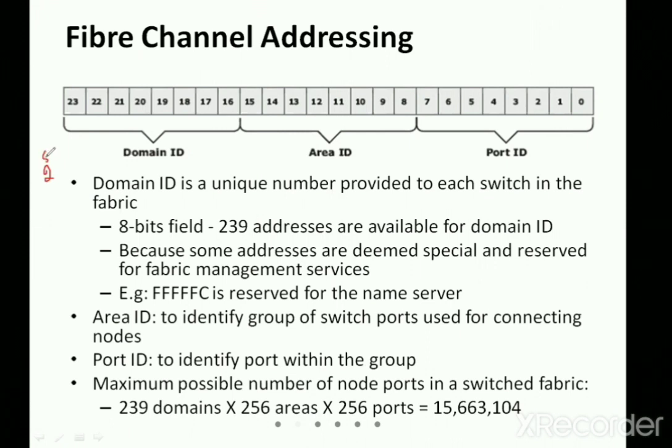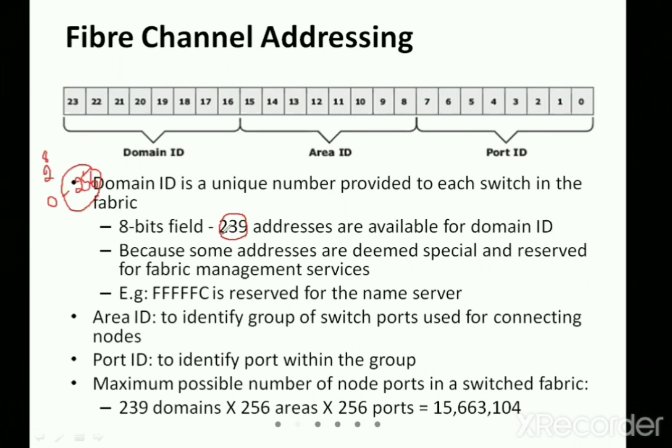That means the values will be from 0 to 256 bits. Now, when I'm having this addressing of 256 bits, it is not using all of these 256. Please remember, it is only using 239 addresses. So what about the remaining addresses, where have they gone?